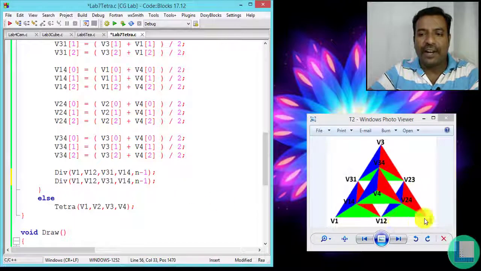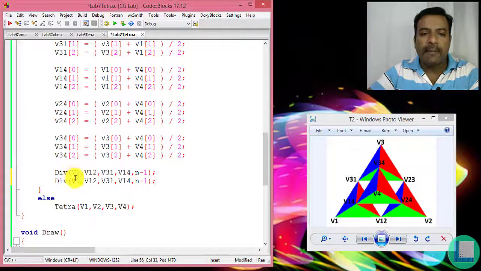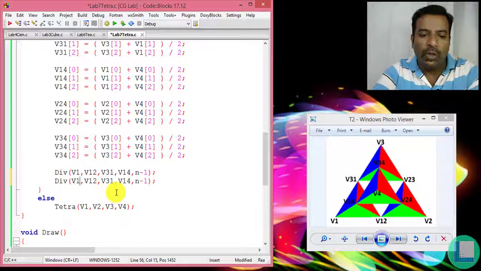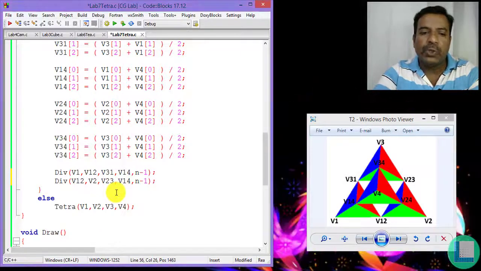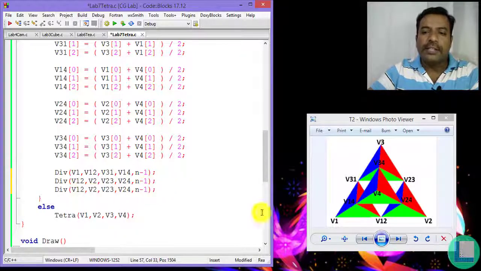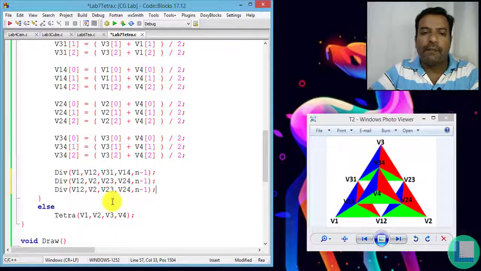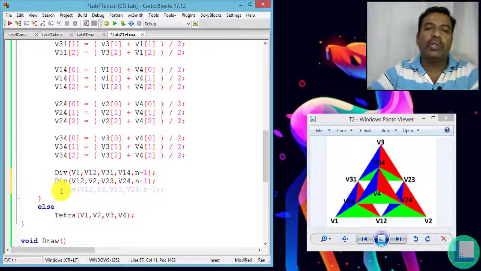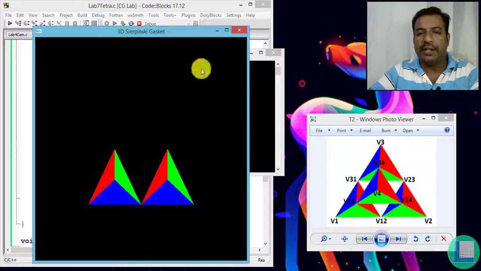But now for this tetrahedron, this point and this point become the base and the tip becomes V24, so I'm going to have the points P12, V2, and V23, and the tip is going to be V24, again with n-1 as the number of divisions. Let me show you how these 2 tetrahedrons will be displayed. Now these are the 2 tetrahedrons, fine.